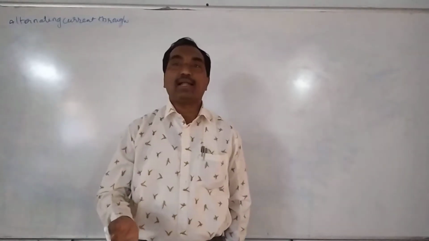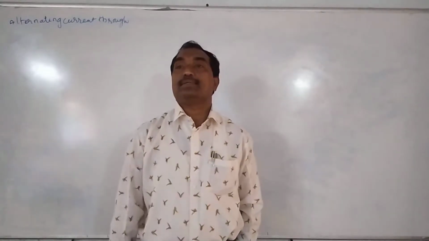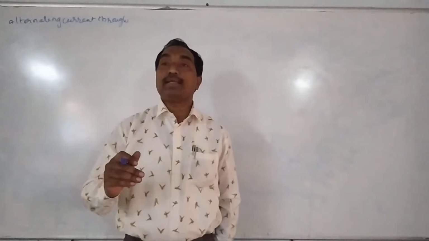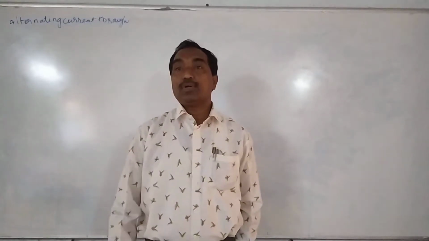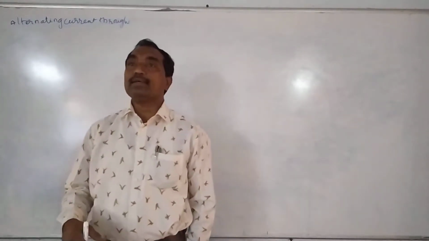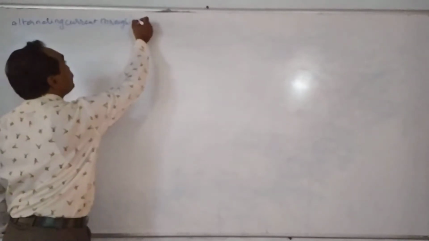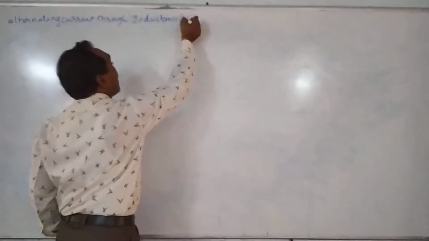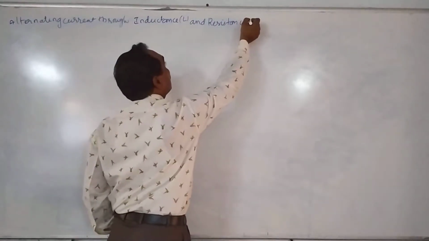And in the third case, when alternating current passes through a pure capacitance, the phase difference is plus pi by 2. It is nothing but the alternating current leads the EMF by pi by 2 radian. Now, when this alternating current passes through an inductance L and resistance R circuit,